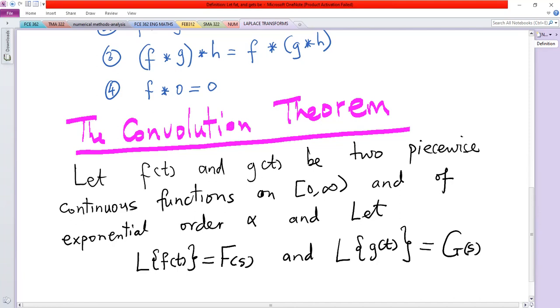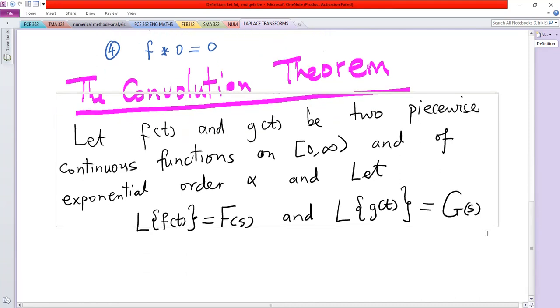So I have two piecewise continuous functions, f and g, on the interval 0 to infinity. And let their Laplace transforms be capital F and capital G respectively. Then